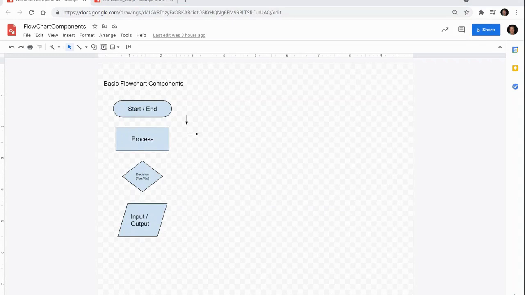Hey everyone, today I'm going to show you how we can create a flowchart within Google Drawing. So first off, I just wanted to show you the basic components of a flowchart. I'm going to show you the very basic pieces. This can get very involved and very detailed, but for our purposes, I'm just going to go over the basic